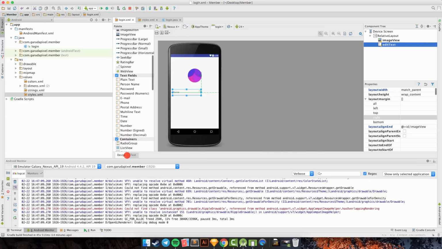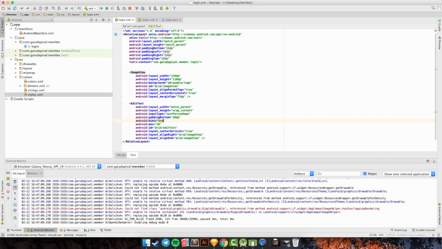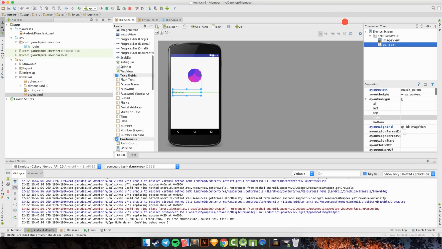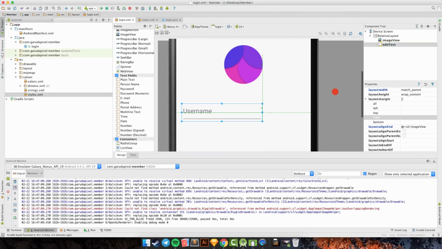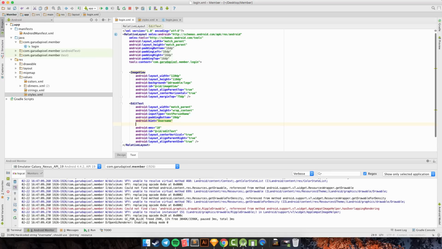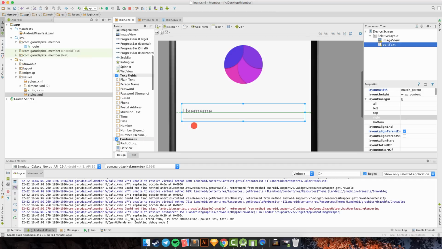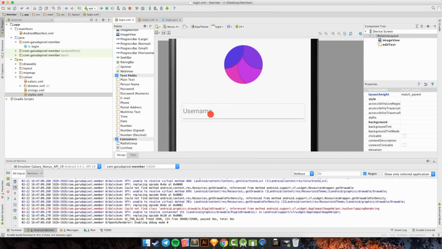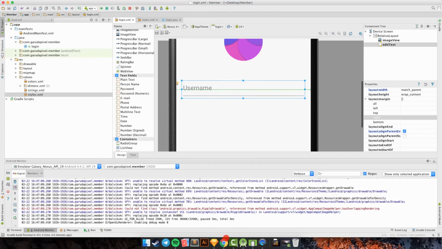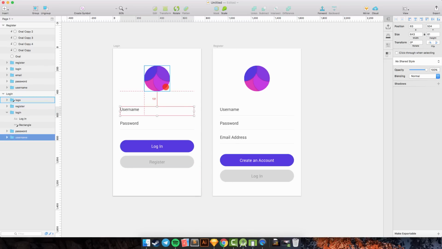Okay, and change the hint to username. You can see you can resize like this, and then change the color to 2A. Okay, so we have the username here, and we can see the margin top, 130.